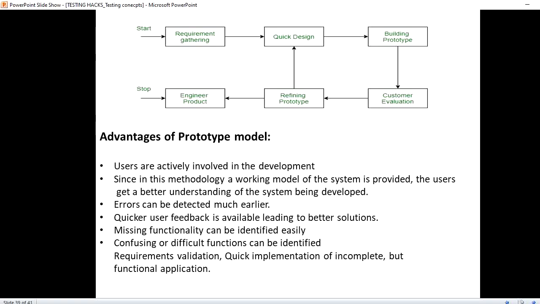Confusing or difficult functions can be identified, requirements validated, and there is quick implementation of an incomplete but functional application. When we don't have a clear picture of the requirements, we will choose this prototyping model.